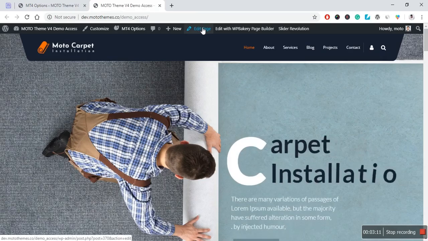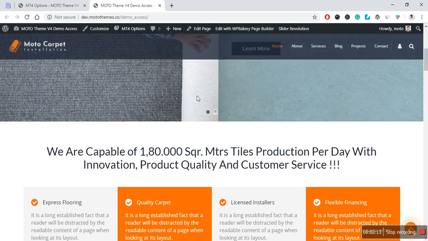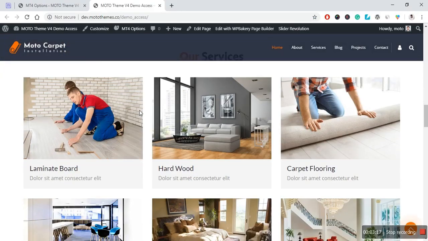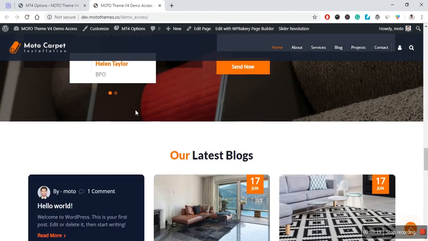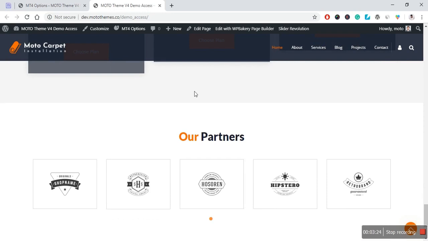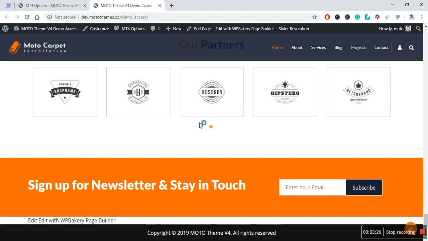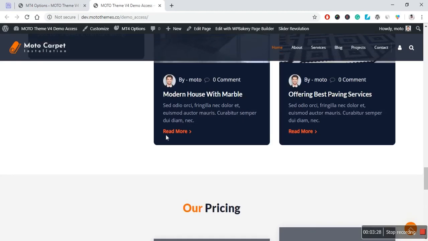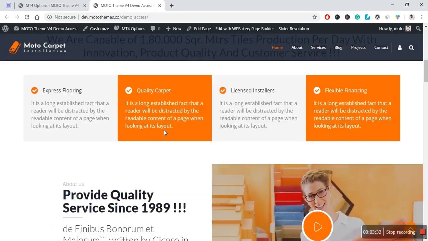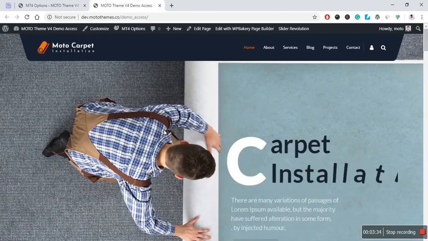You can easily edit the pages, the settings, the buttons, the sliders, and many more things. For your convenience, the demo is already set at good spacing, with good fonts, with color options, and much more. You need not change much to get started with the website. Now let's see other demos.